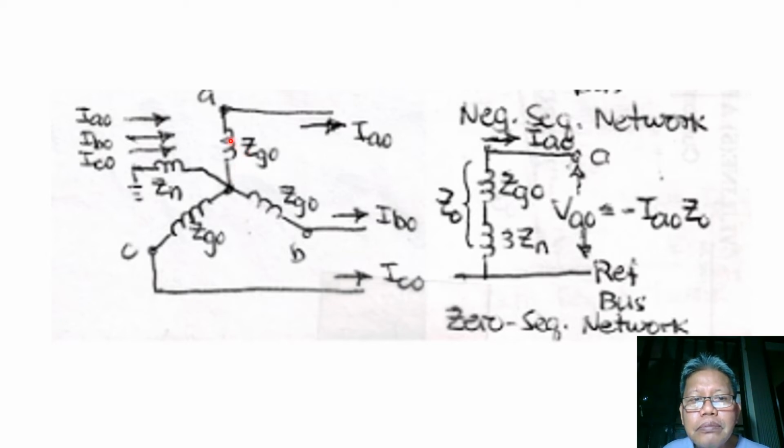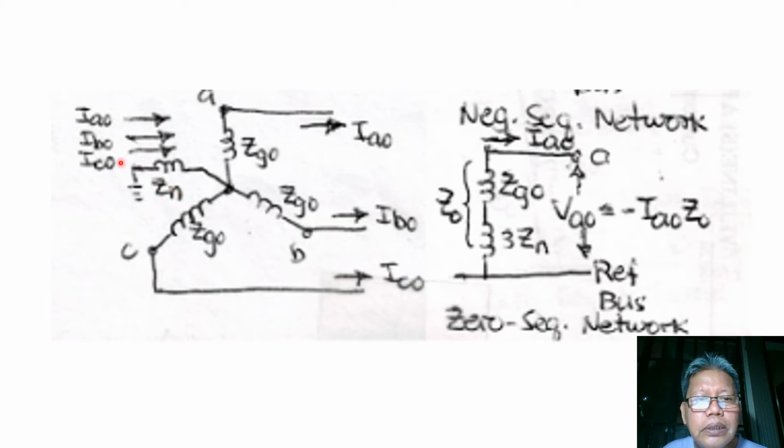So we have only the reactance, and we call this Z sub G0, for phase A, and Z sub G0 also for phase B, and Z sub G0 also for phase C. Now the generator is reactance grounded as represented here with impedance Z sub N, and